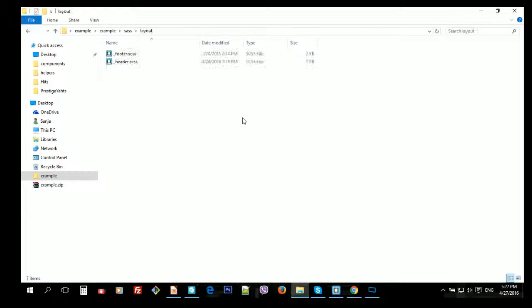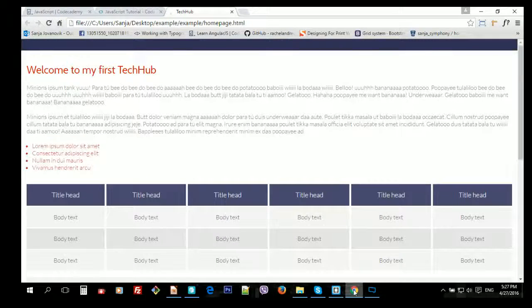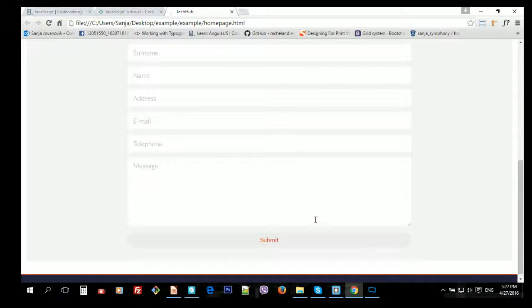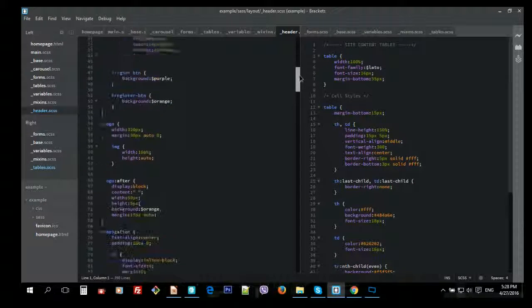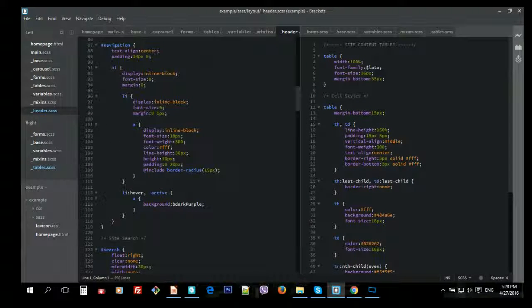Layout, as it says, header and footer, of course. On the site you cannot see a header or footer that has a lot of content, so this was just for example, but here in the code I have something more. This is taken from one site. And just to show you how you can structure the code inside. This is also important,